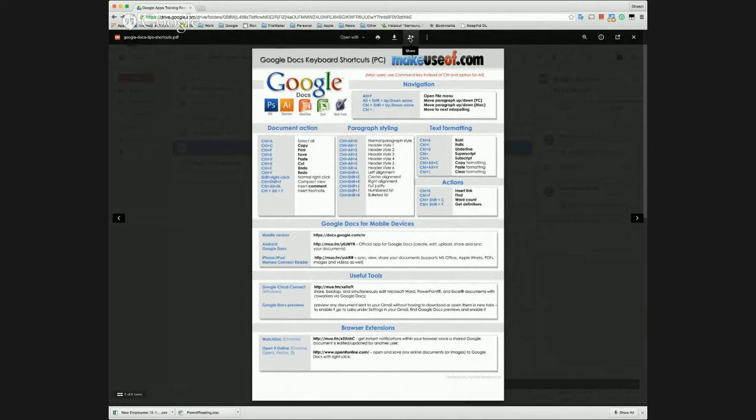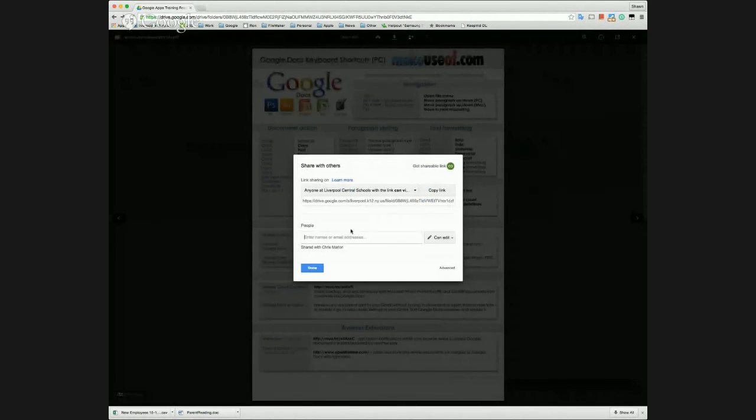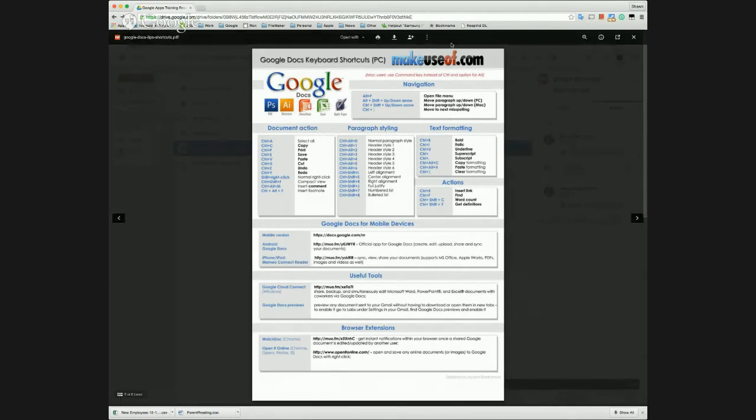But I can also share this document. So just like we had other documents that are inside Google, this PDF isn't really in Google. It's in our Google Drive. But I could click that share button and I would get the same share window that we saw before where they can get the view to copy that. I do have another button here. When I click on that, I can add the star, which we talked about earlier, and I can rename it. So right now it's Google Docs Tips Shortcuts because it's web friendly. Now, having said that,